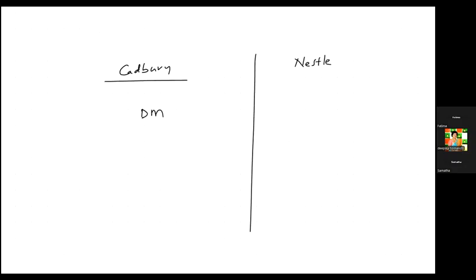Cadbury and Nestle are two competitors. Initially, Cadbury came up with the launch of Dairy Milk, which is a big hit, and they are having versatile variants in that particular Dairy Milk. Nestle, there is no similar product like Dairy Milk. They couldn't even build one like Dairy Milk. They have launched a product so called Bar 1. Bar 1 is a bigger hit. Because of that, Dairy Milk's sale got a little reduced.